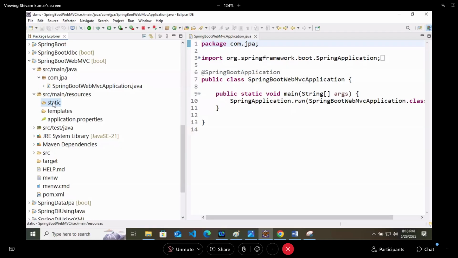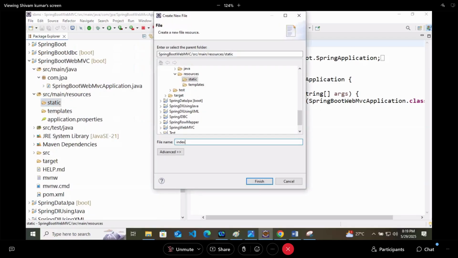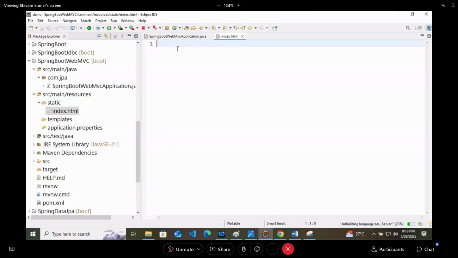HTML with a head, where the title is Spring Boot, followed by a body, and inside the body we are just showing one h1 tag: Spring Boot Web MVC project.